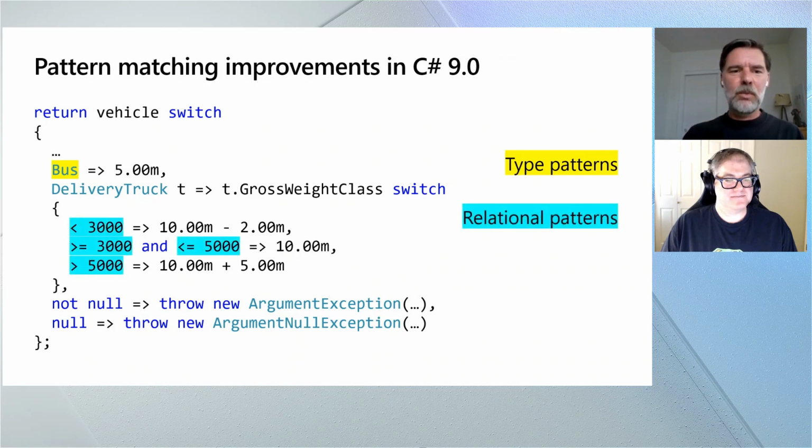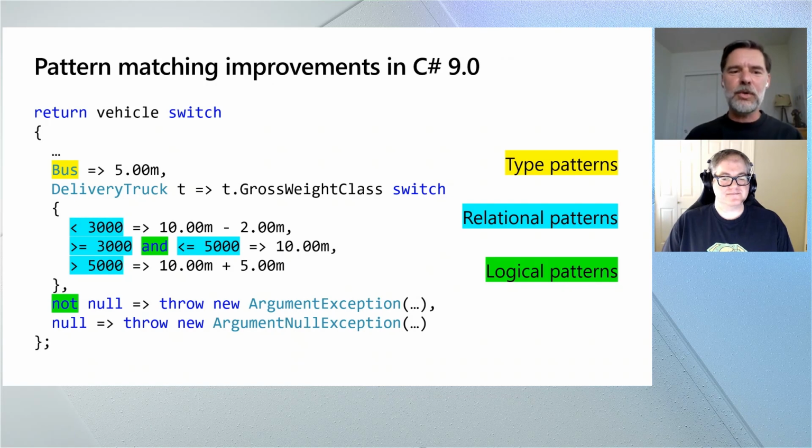One is a relational pattern, where you can take the usual relational operators of C# and you can now use them as a pattern. So less than 3,000 is now a pattern, and it matches any int that's less than 3,000. And you see that used in a few places here. We also have what you call logical patterns, where you can compose patterns with and, or, and not, just like you can expressions. But to make them stand out from expressions a little more, we decided to not use the usual symbols, but to actually spell out the words and, or, not. So here I'm creating an interval by anding together 2 relational patterns,